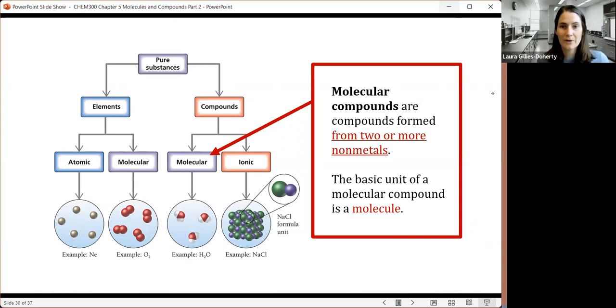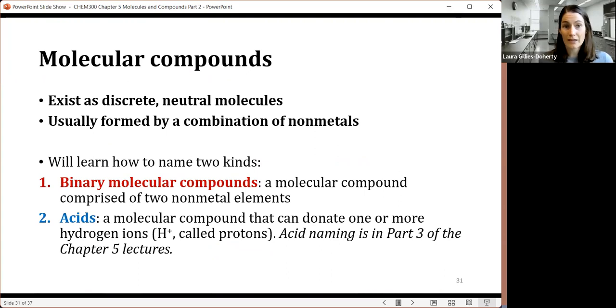They're compounds that are formed from two or more nonmetals. So when you're identifying something as molecular, you want to check for nonmetals. And then you want to also just do a quick check to make sure you're not dealing with polyatomic ions. If you have polyatomic ions, those contain all nonmetals, but because they're an ion, they have a charge. Polyatomic ions would be an ionic compound. So these are nonmetals that don't have ions. The basic unit of a molecular compound is what we call a molecule. So molecular compounds, they exist as discrete neutral molecules, so they won't have charges, and they're usually formed by a